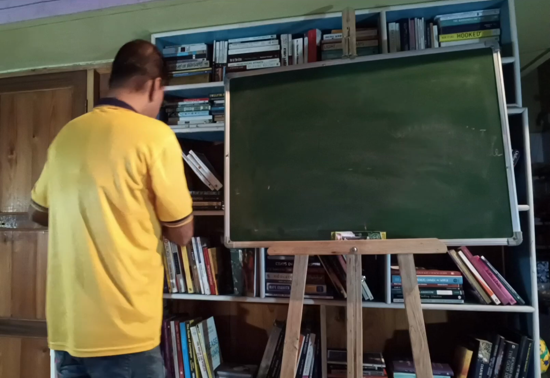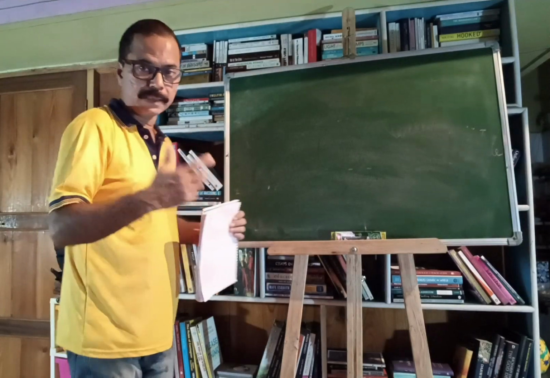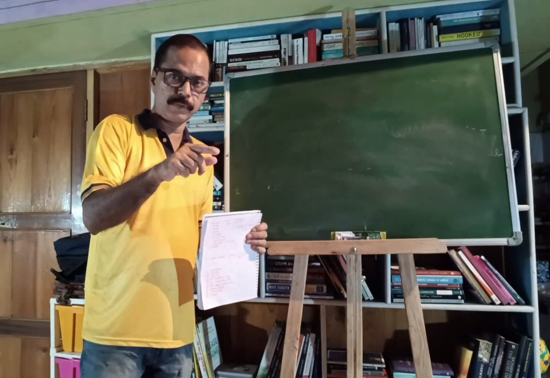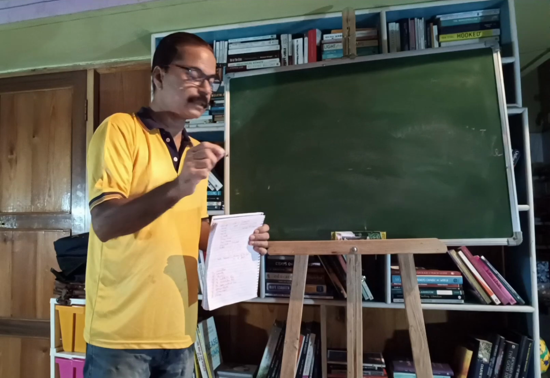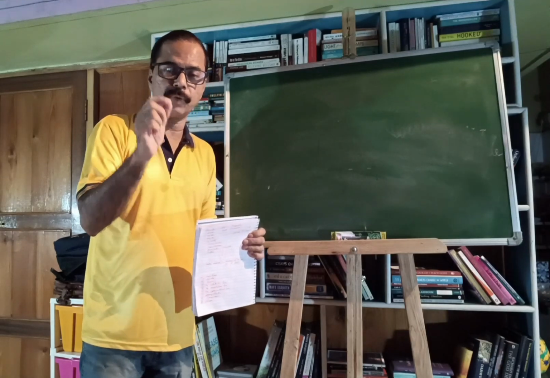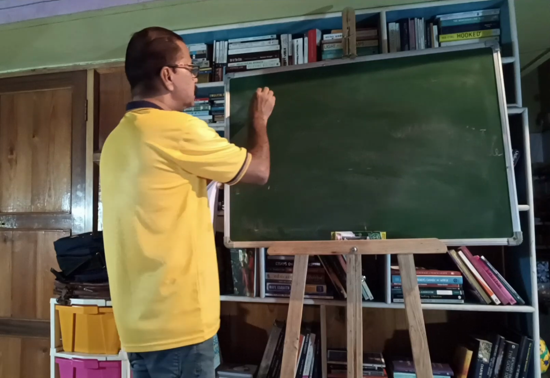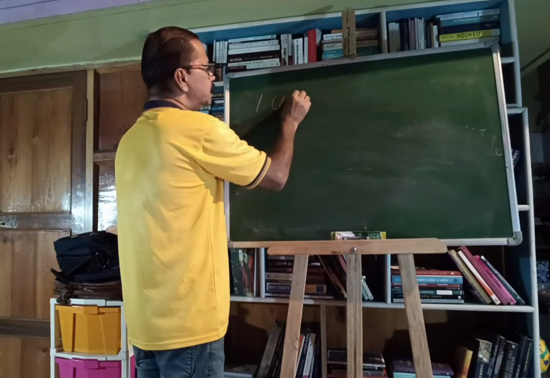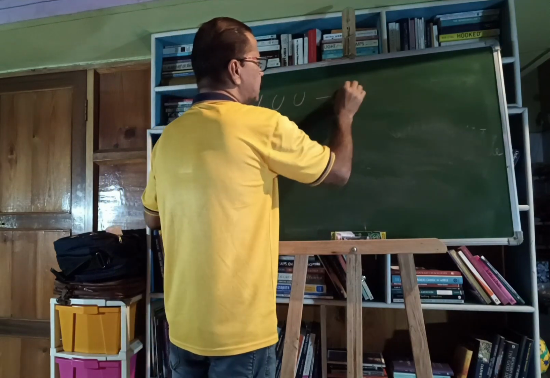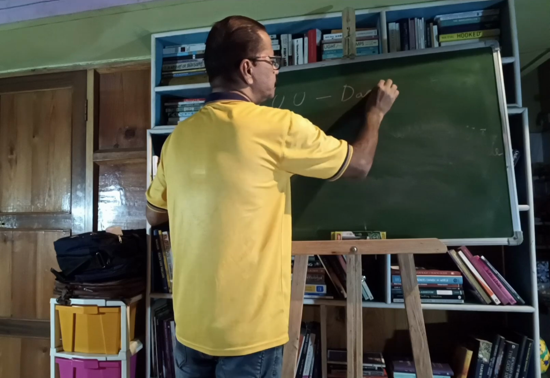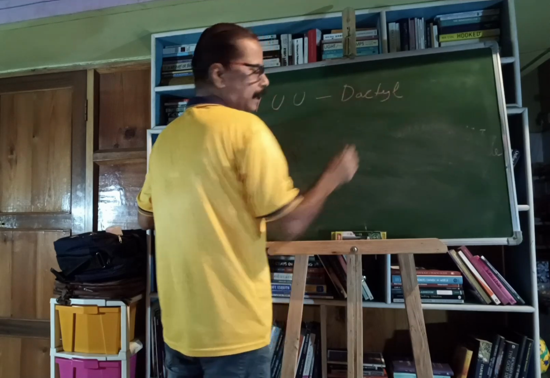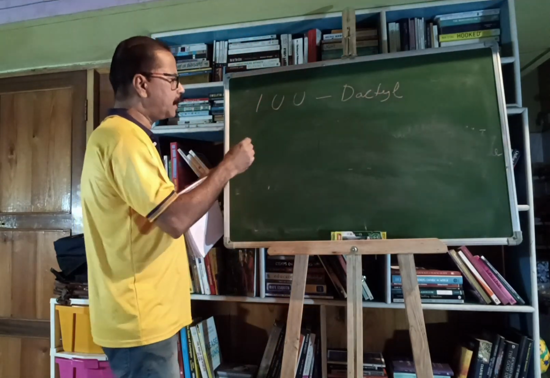Now let's go to the trisyllabic feet. So trisyllabic foot, we know, singular foot, plural feet. The trisyllabic foot is a foot which has one stressed syllable and two unstressed syllables. The patterns are, the first one is stress, unstress, unstress, which is called dactyl or dactylic. Now an example is